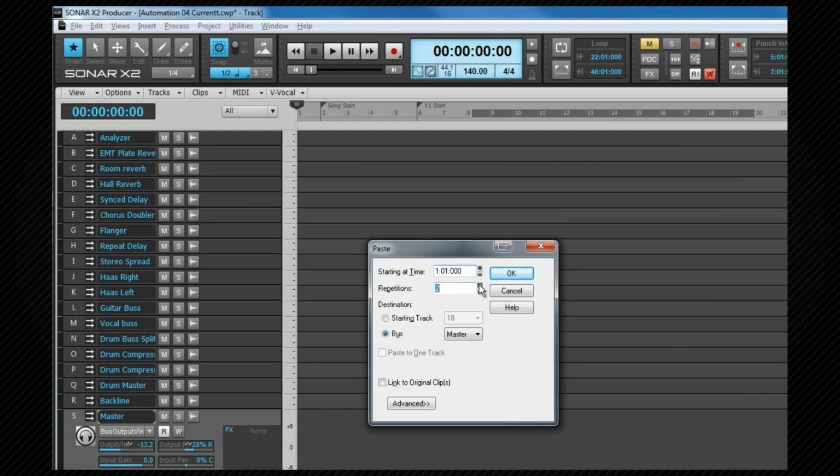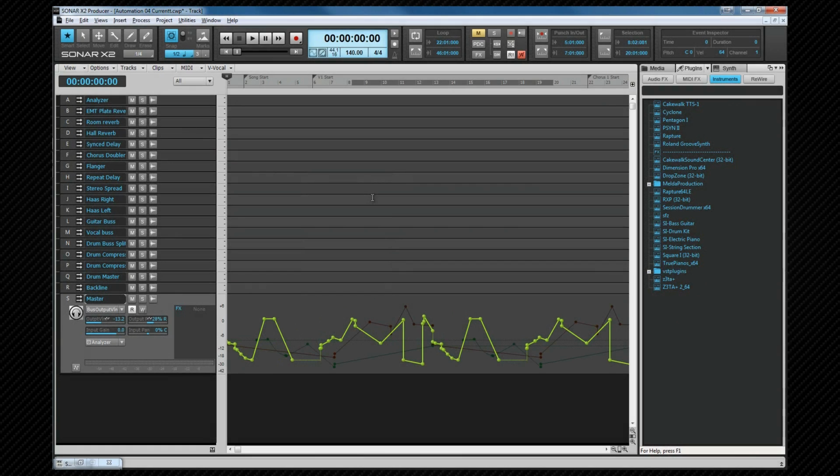Increase the repetitions to 2, check that we're on the master bus, then click OK. As you can see, it's now pasted 2 copies of that sequentially in the track. Remember, the settings for that can be changed, and we looked at that earlier in the cut, copy and paste